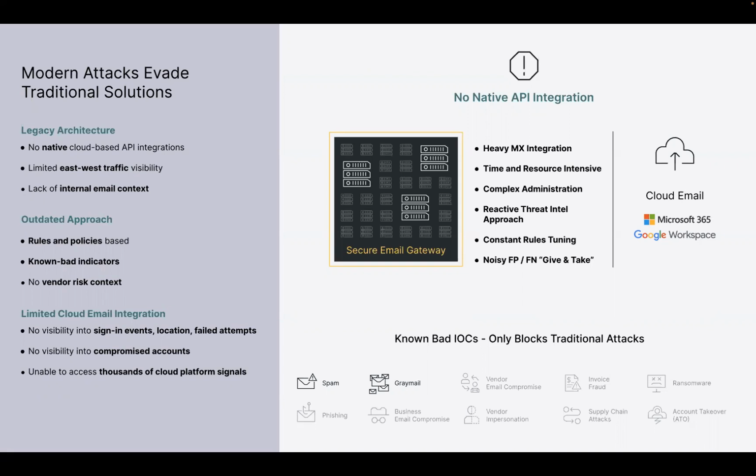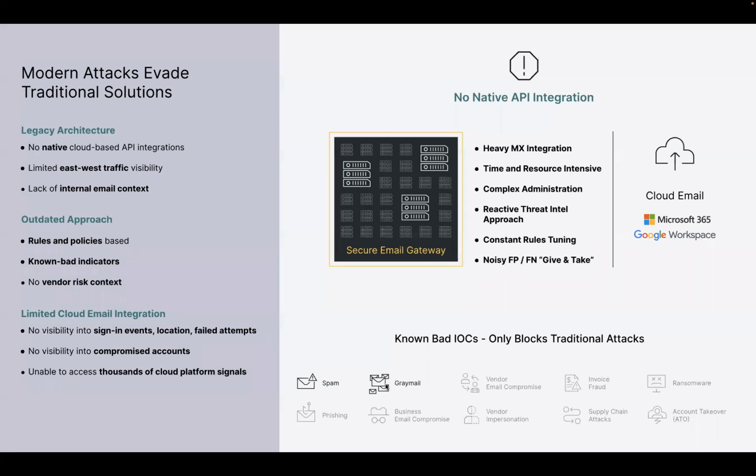And at the end of the day, when you look at some of these types of inspections, they have not changed over the years, right? If you're looking at an email gateway 10, 15 years ago compared to today, yes, they've enhanced little capabilities here and there, but they continue to be threat intel, signature-based detection, IOC-heavy inspection, and we still see from a lot of our customers and their validation that things are still getting through, right? You have to maintain it. You have to create a lot of policies and rules around it to make sure that they can at least catch the large majority of them. But traditionally they're focused on IOC, spam, and gray mail protection.